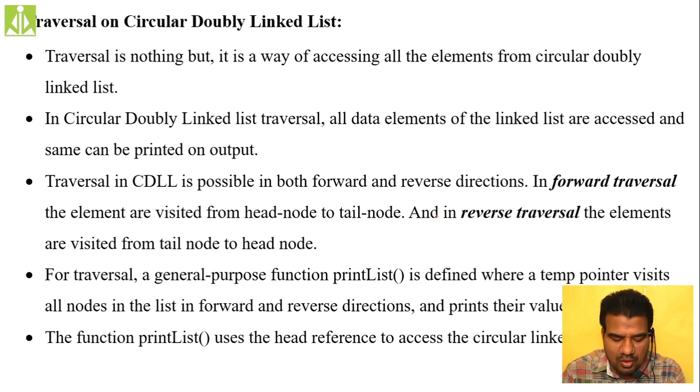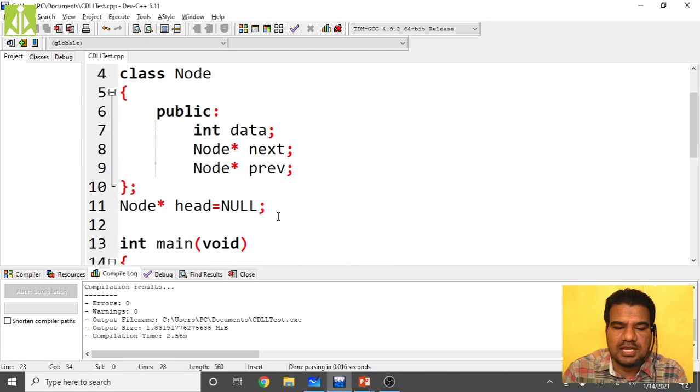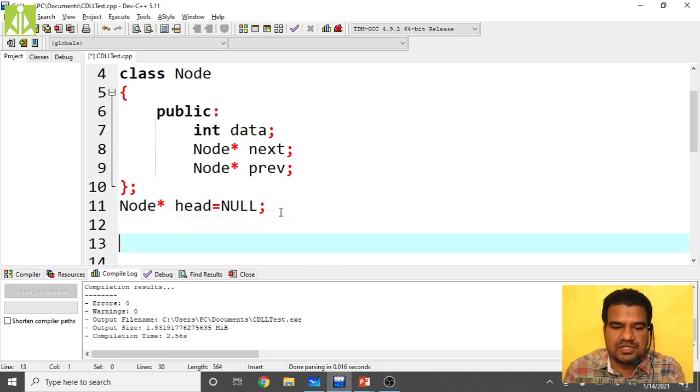So quickly I will write the code for performing the traversal. See, it is very easy. We have to take a temporary pointer and traverse through the doubly linked list. We can stop the traversal when the temporary pointer reaches the head back.